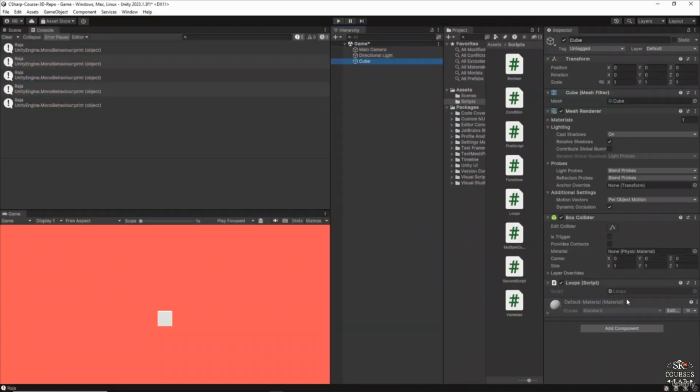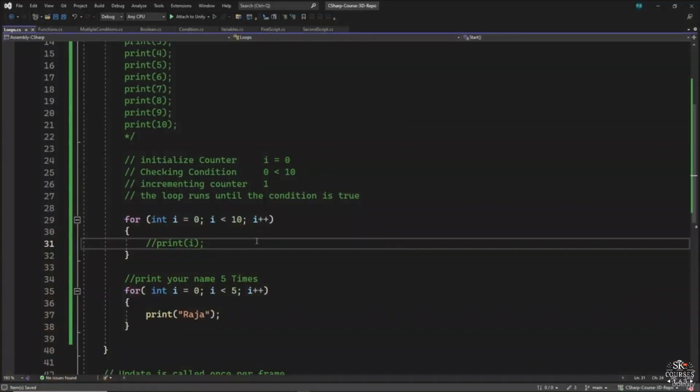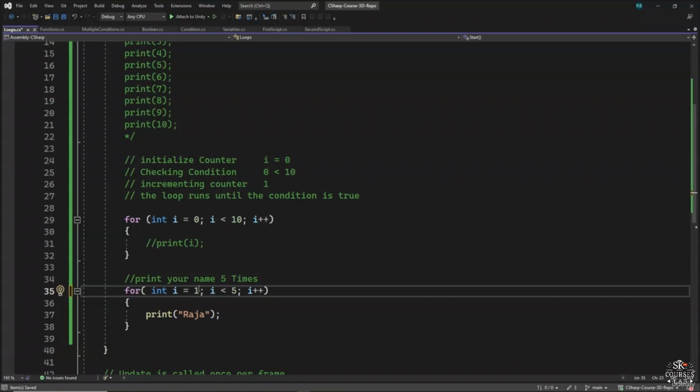Now you can do it in another way as well. Let's say instead of starting from 0, I start from 1. I set I to 1. In that case, I need to write the condition that I should be less than 6. Okay, because